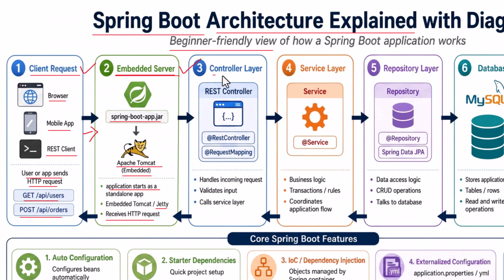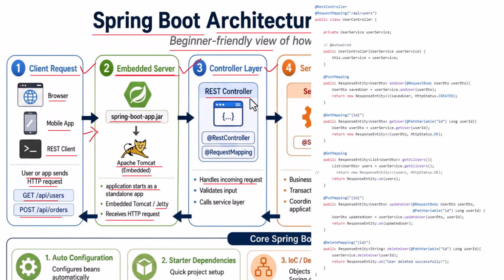The third step is the controller layer. The controller layer is the entry point for incoming HTTP requests inside the application. In a REST application, we commonly create a controller class using the RestController annotation. The RestController annotation tells Spring that this class contains REST API endpoints. We can use RequestMapping at the class level to define a common base URL. We can then use annotations such as GetMapping, PostMapping, PutMapping, and DeleteMapping to map individual HTTP requests to Java methods. For example, suppose the client sends